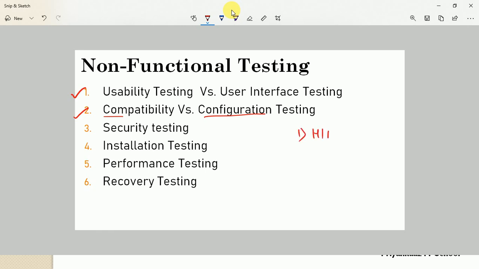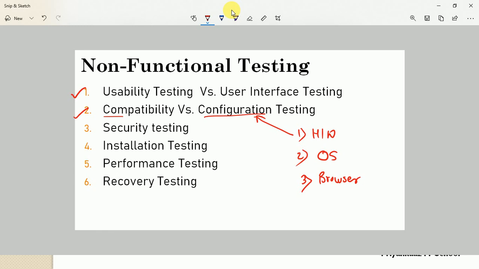First one is hardware compatibility. Whenever we test any software application for its specific hardware platform, that we call hardware compatibility, and the same concept we can call configuration testing. Second is operating system compatibility. Yes, we can test a software application on multiple operating systems, right? Third, we can test the application on a variety of browsers. This we call browser compatibility, because the user may have a different platform. So this we call compatibility testing.